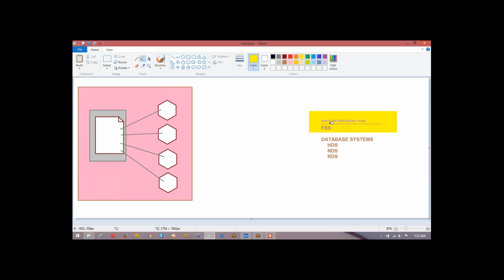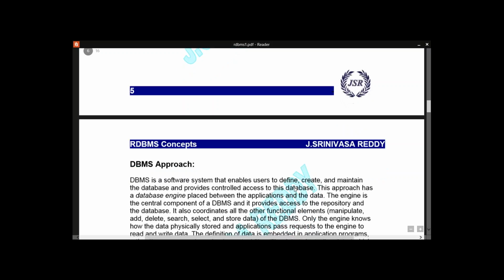So here programs are computerizing the operations and the files are replacing the manual records. That's very simple. But here in the database system, the first mechanism is hierarchical database system, right? So hierarchical database system